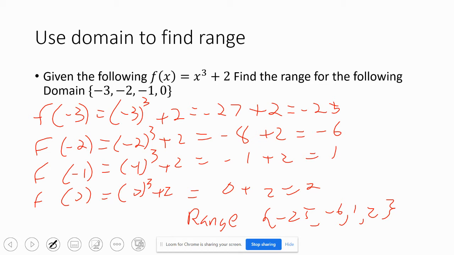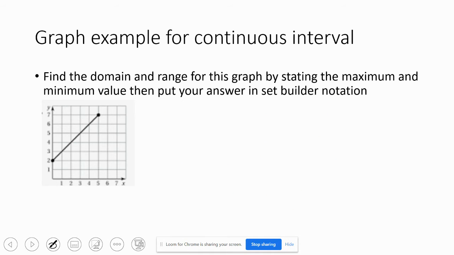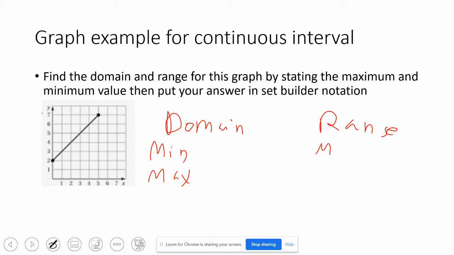Let's go on to the next problem. Find the domain and range of this graph by stating the maximum and minimum value. Put your answer in set-builder notation. So you first write the domain. Over here, the range. Over here, my min value, my max value, my min value, my max value. My minimum number here is 0. My max number here is 5. So in set-builder notation, that would be